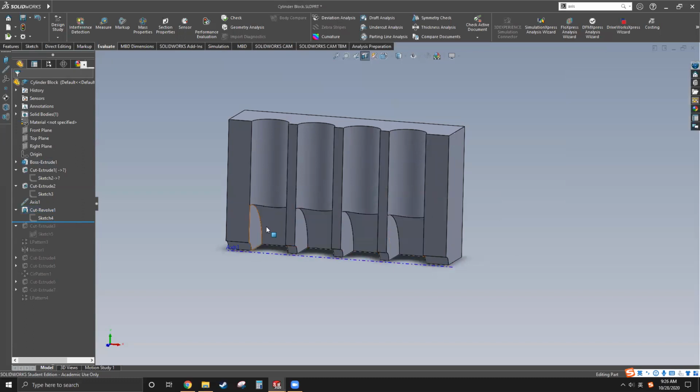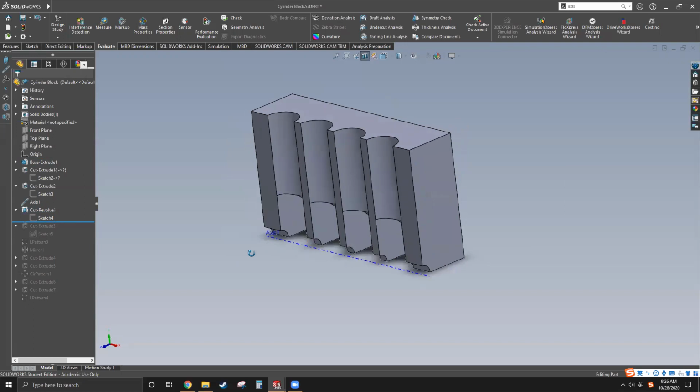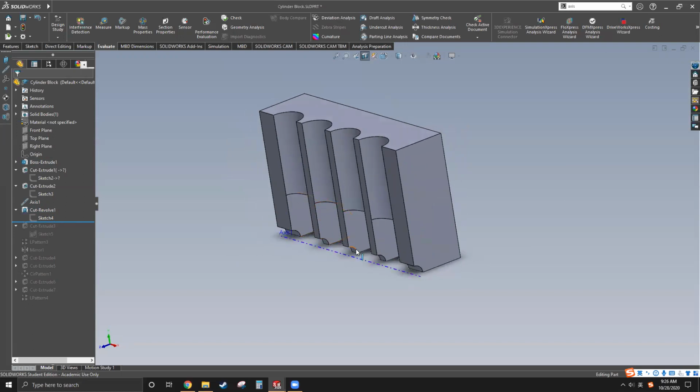So anybody who has successfully generated the cavity, like these half moon shaped cavities,